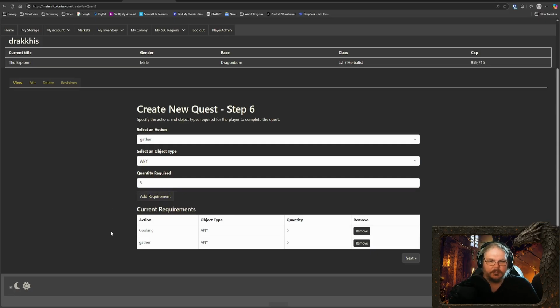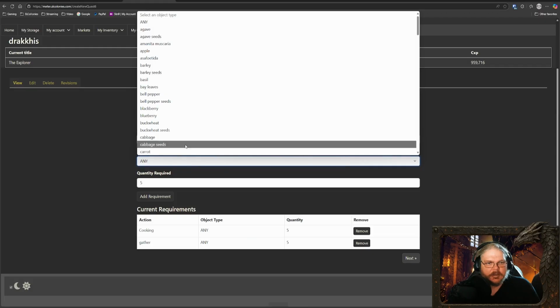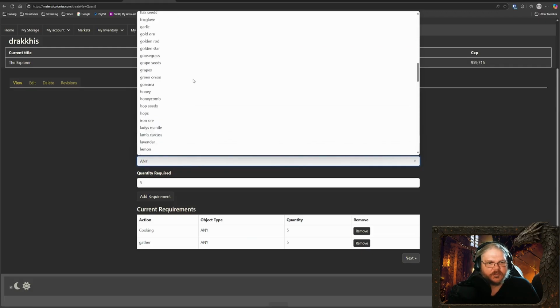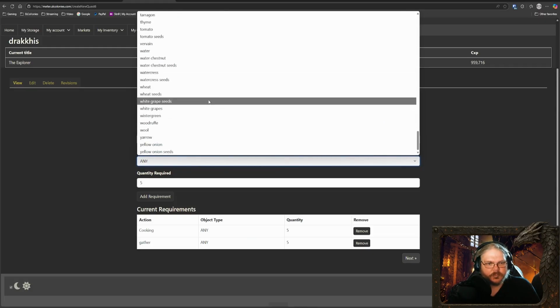So that would make it anything they gather 5 of, it's going to tick off the quest. But that's a basic one. Okay, they cook 5 times, they gather what they cooked, and it'll tick off the quest. If you want to make them have to cook and gather specific things,